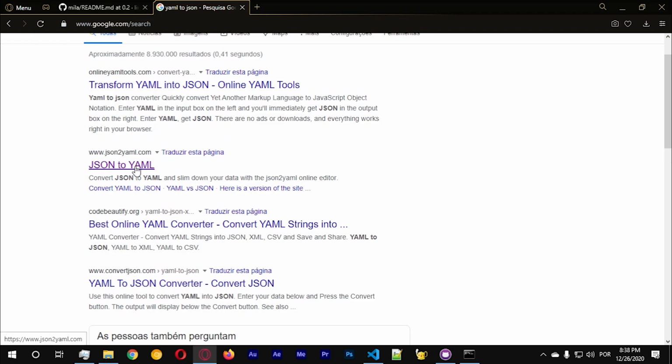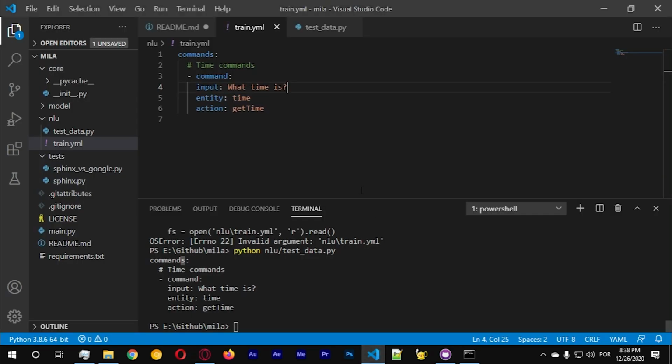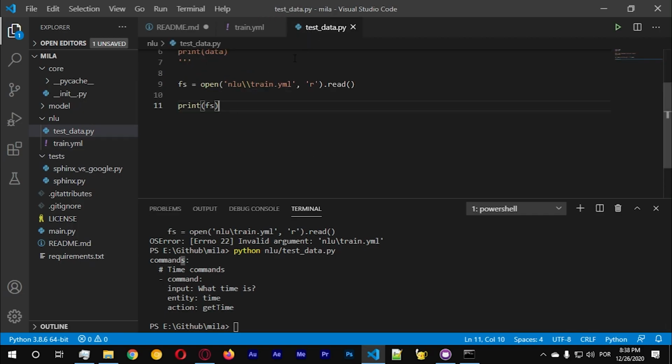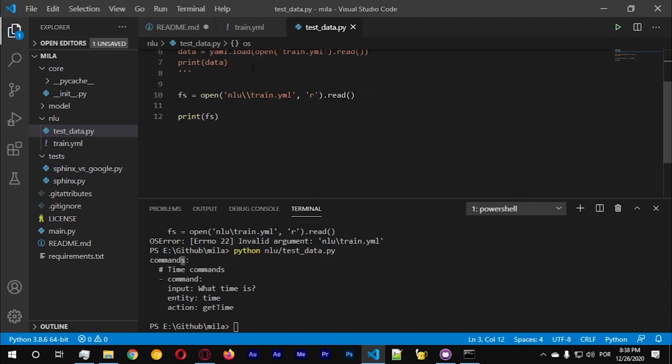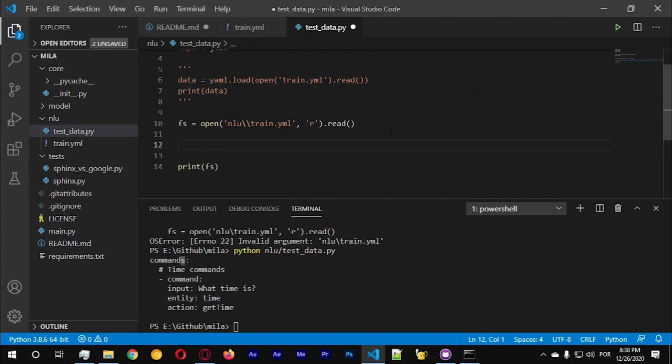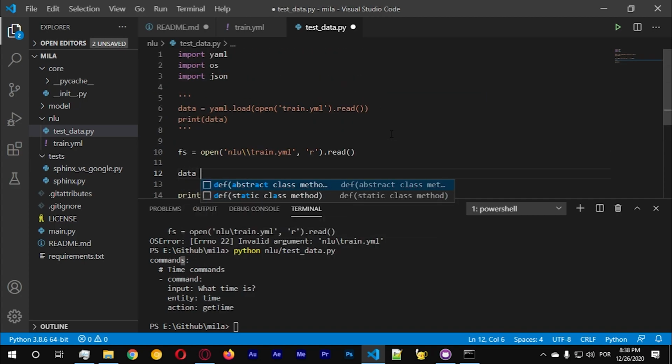I think just json.loads works, right? Let's import json and data equals json dot,